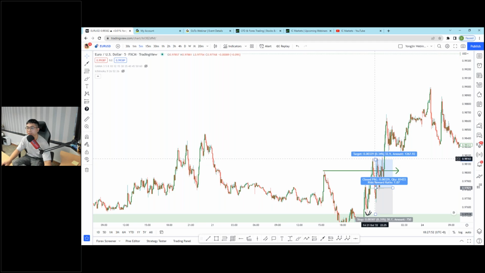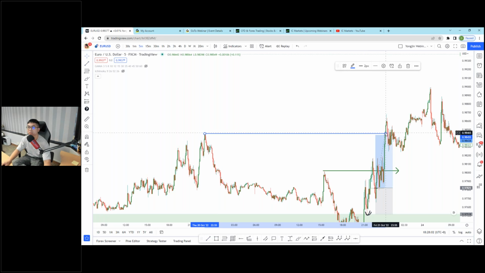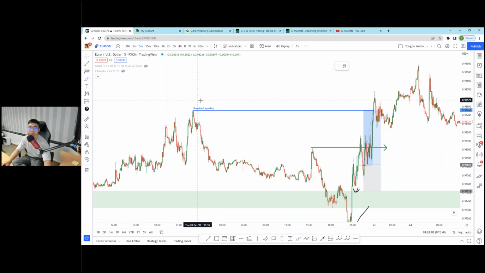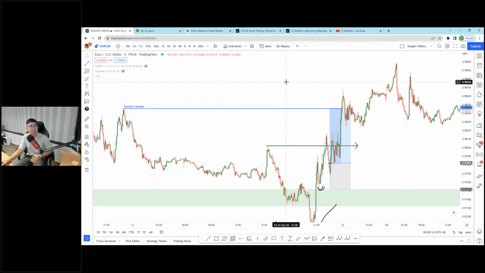So the first area I normally aim is to clear the next high. Clearing the next high, what do I mean by that? The next high is right here. So I'll name this the buy side liquidity. So the moment price clears this buy side liquidity, I would be taking partials on my trade. So yeah, this is just a very, very quick and simple explanation on the 5 minutes one.